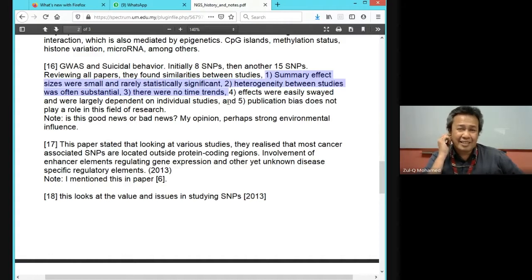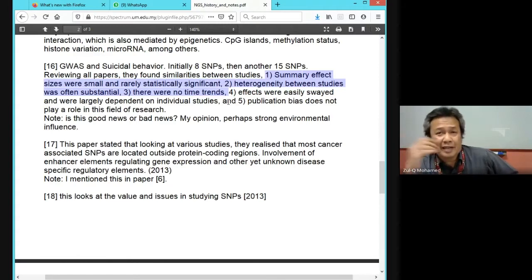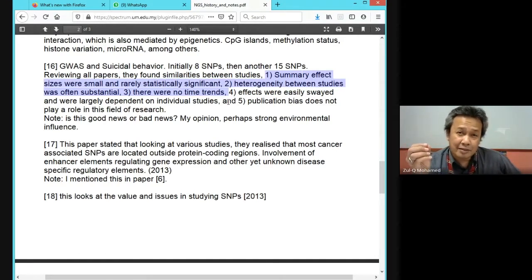There's also a lot of variation in how, when you talk about studies, there are statistics. And some people use different statistics, different factors or parameters and so on. So that's why there's a lot of variation between studies, and so on. Publication bias is about what kind of study gets published, you know.